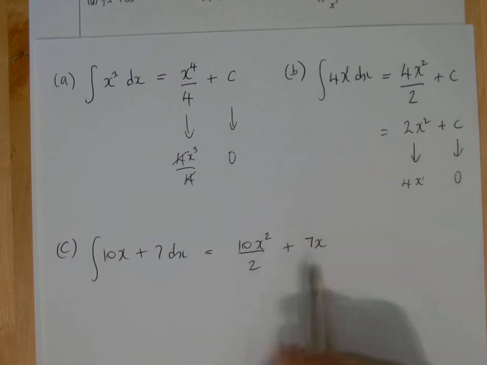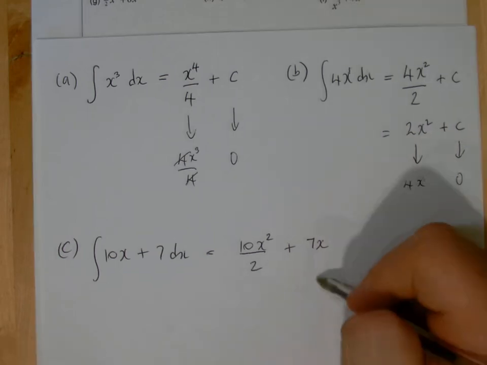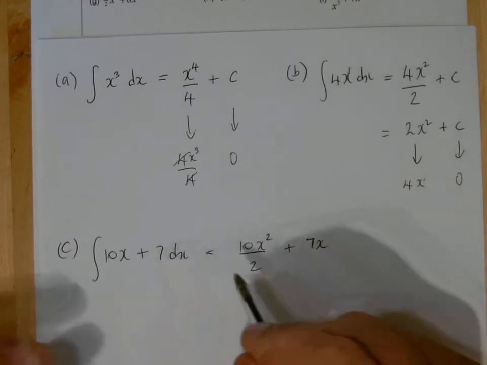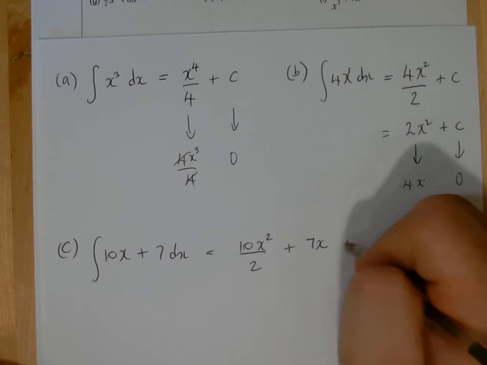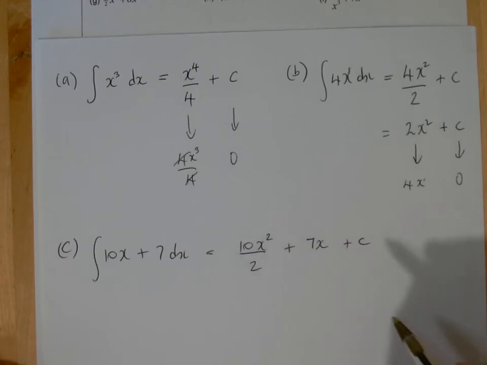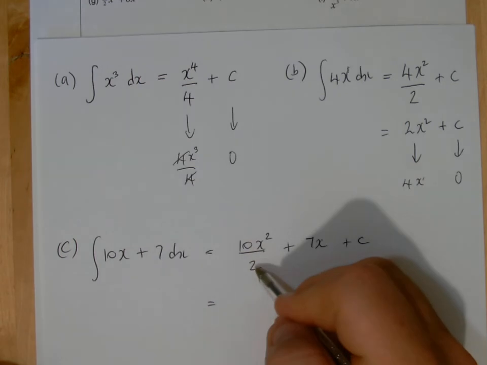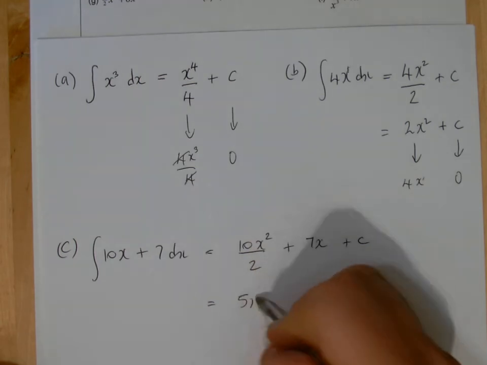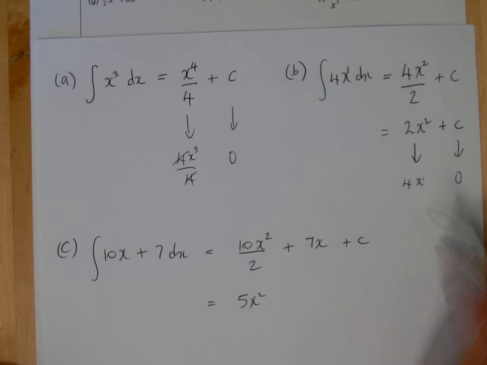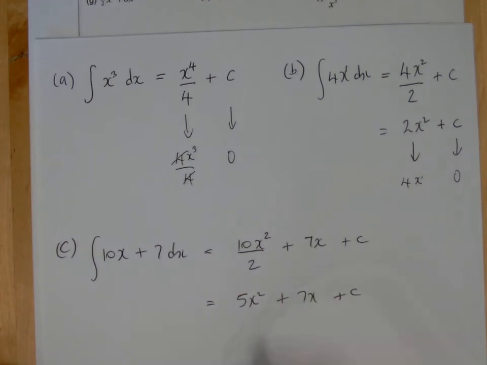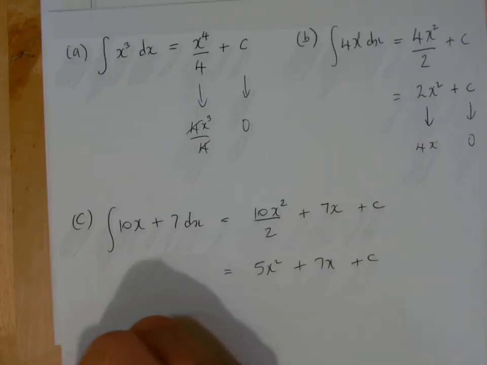Because think about the reverse: when you differentiate that, you'd get 7, wouldn't you? Have a think about that there. And then don't forget to put the constant on at the end. So we simplify that, because 10 divided by 2 is 5. 5x squared then, plus 7x plus c. And you can see that when you differentiate this, you definitely get back to that. Okay, so with d then,